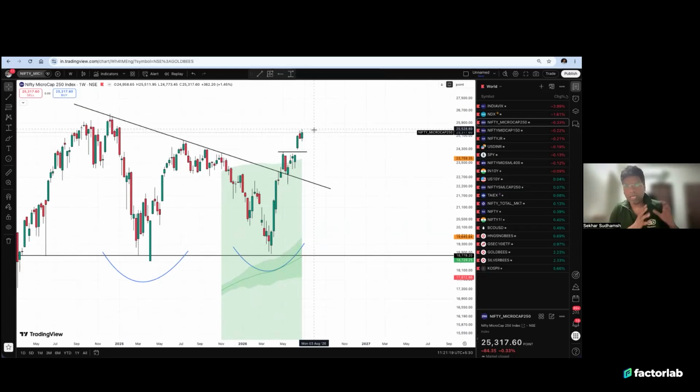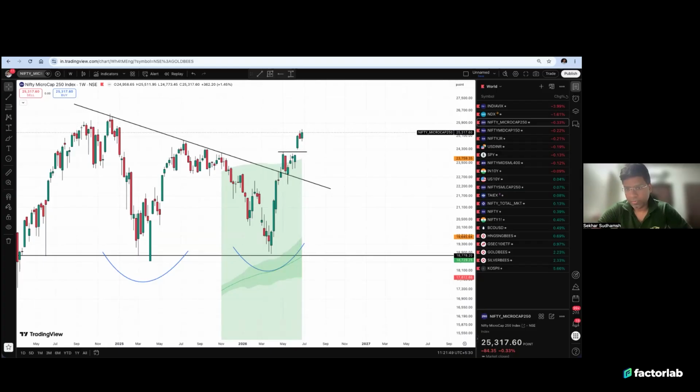So the large cap pockets are not that great. Mid caps are fantastic, micro caps are good, and some bit of small cap is good. So this is definitely not a market where everything is doing well. There are some pockets which are doing well and some pockets which are not doing well. It helps us to position where to move next. That's the high level overview of what is happening to the markets. And Deepak, you can go through what is happening with our small cases, and then I'll cover lastly the market breadth.